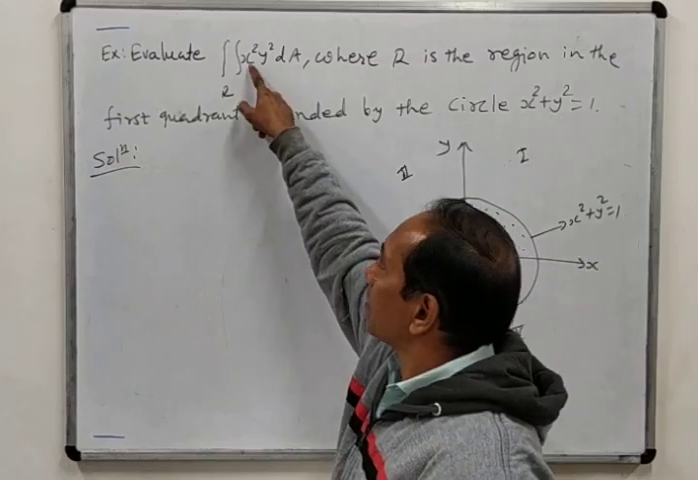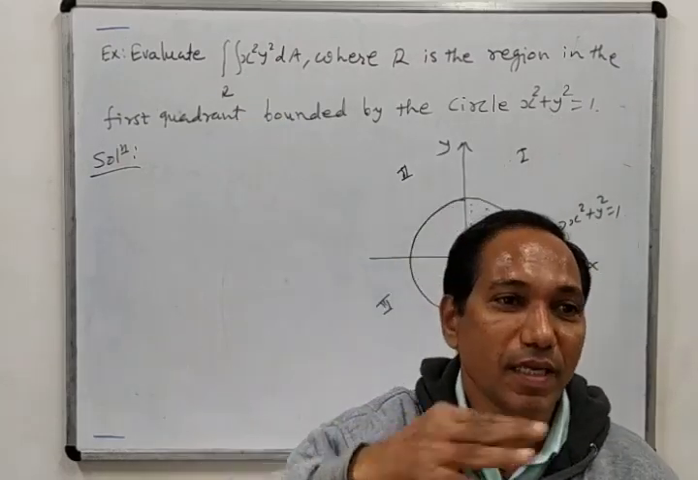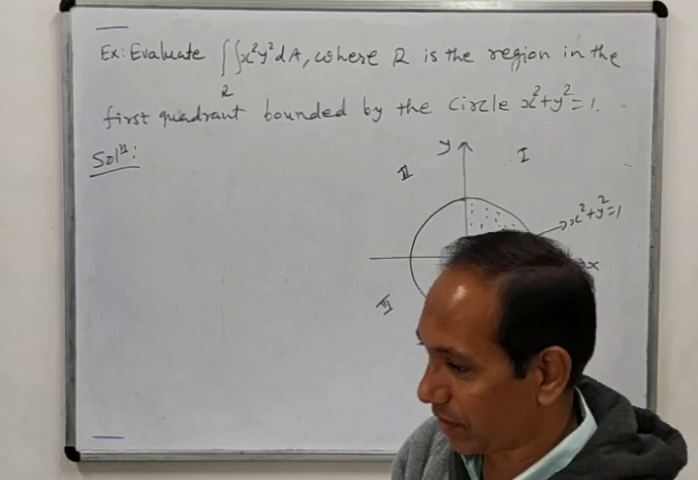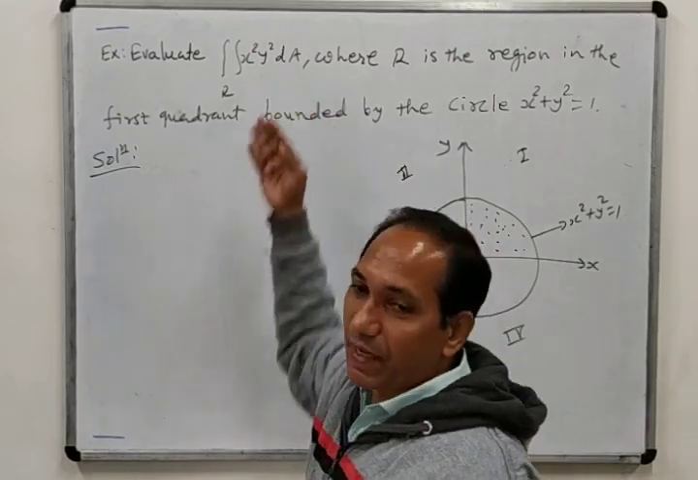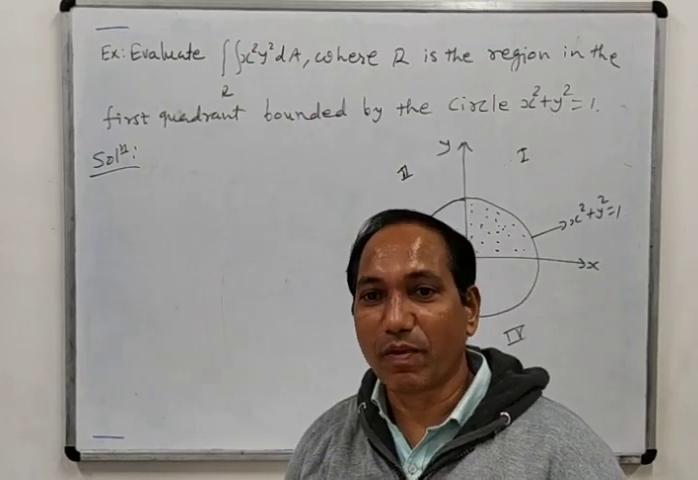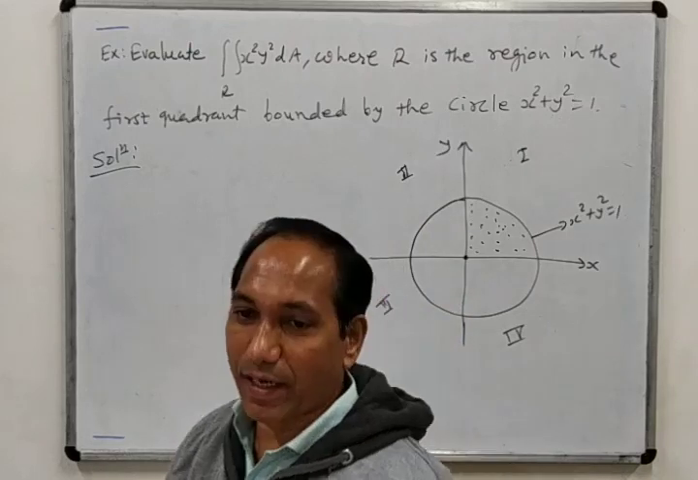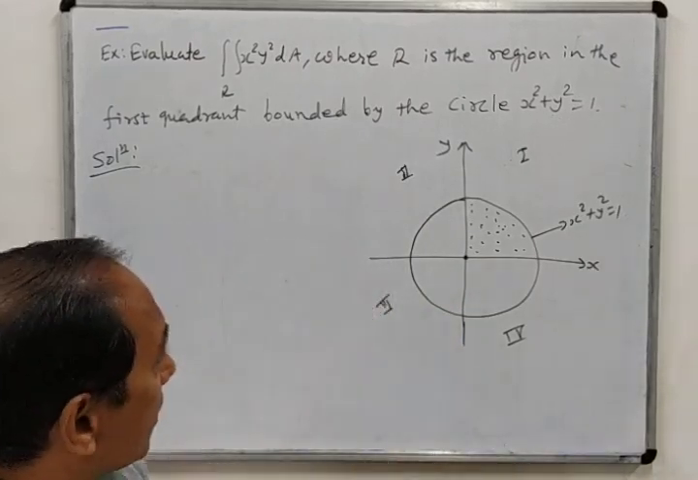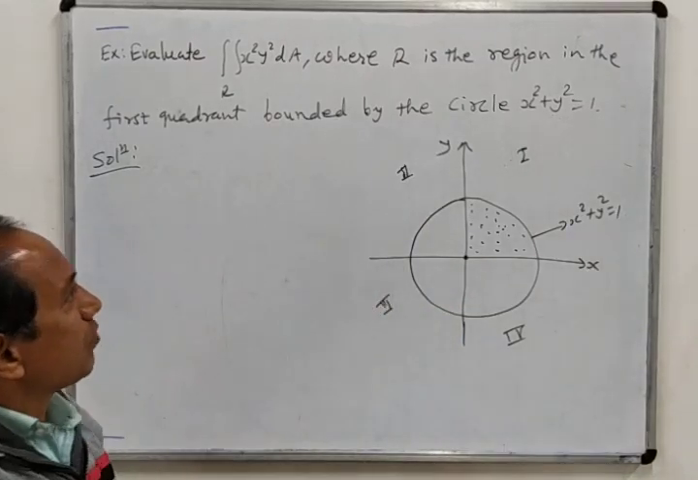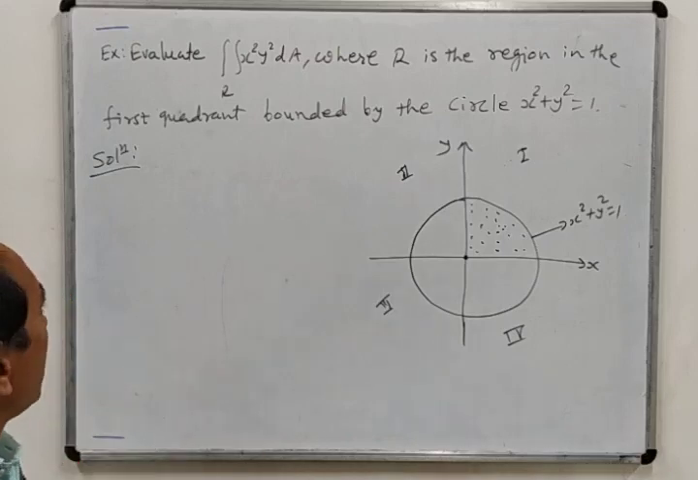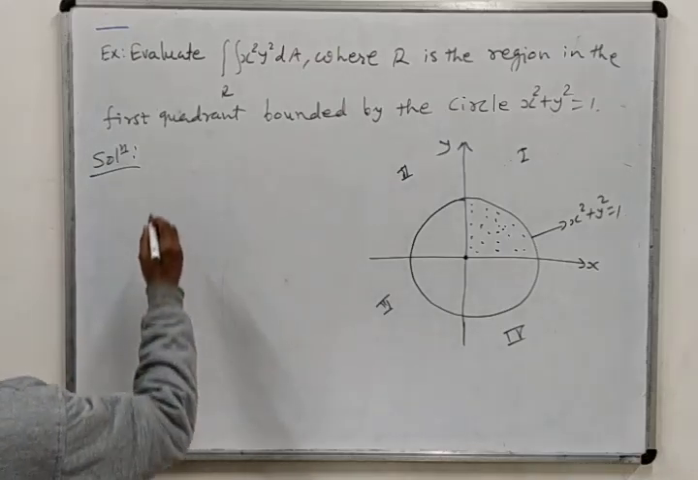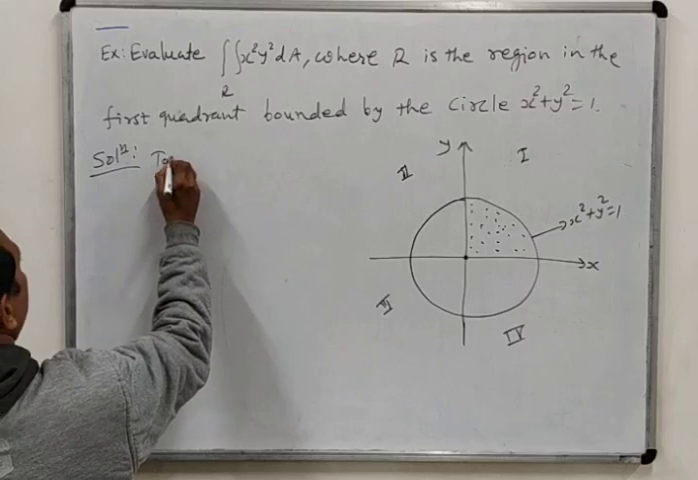Here it is x square, so we can integrate it as x cube by 3, so its integration is simple. If we consider y square, then also its integration is simple, y cube by 3. So you can consider any order, either dx dy or dy dx. In both ways it will be simple. Okay. So the best way is to take a straight line